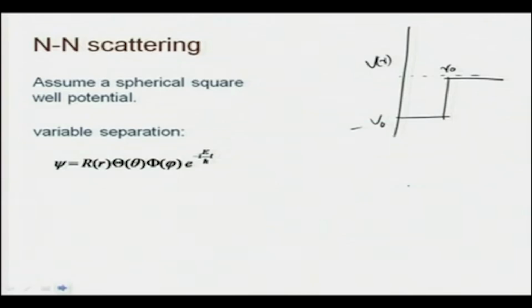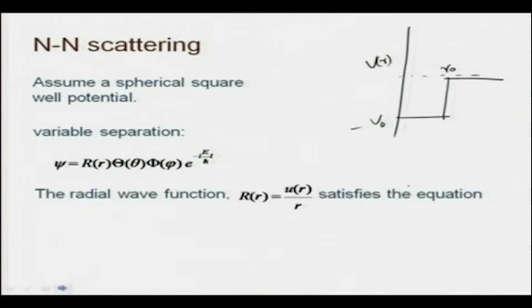Okay. And time similarly is separated from the spatial part of this one, and from the equation it is easily seen that the form of the time dependence is exponential of minus i E over h cross times t. And now, the radial part of the wave function we will rewrite as u over r, another function u,